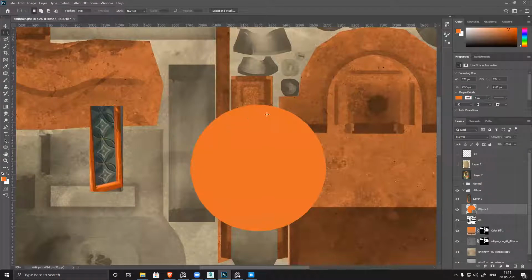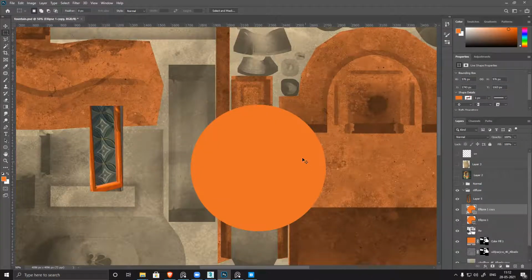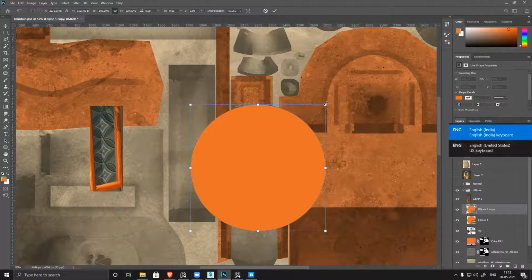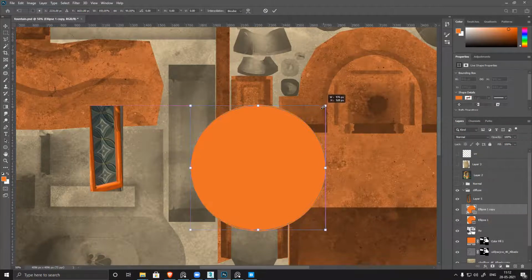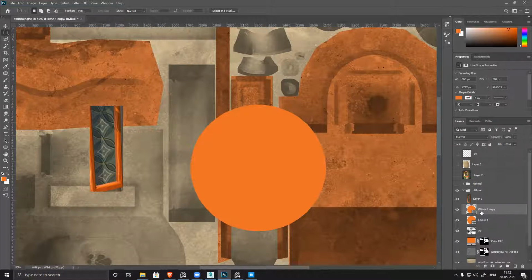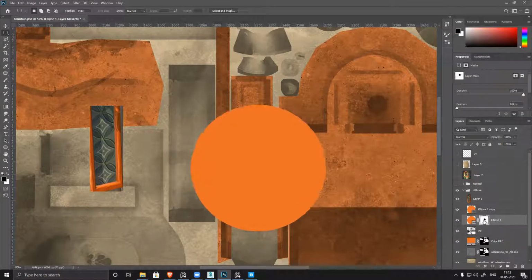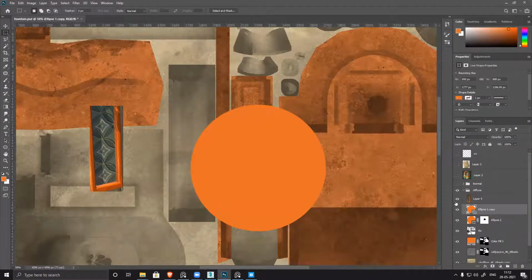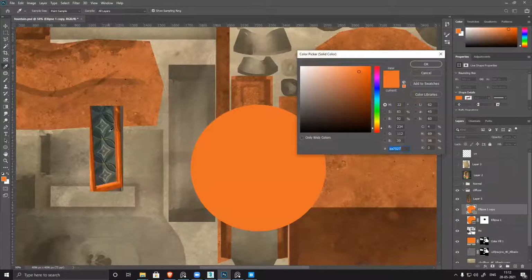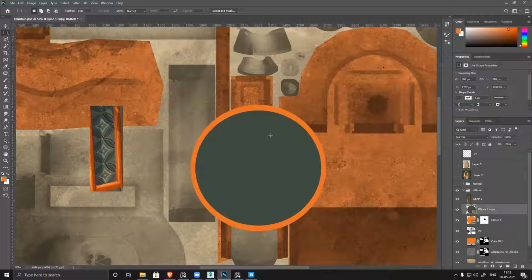So here there's a slight thickness border. So Control J, Control T, Alt Shift together, and you get the thickness and this shape. Select this one, click on this, mask it and invert it. So now this is your orange and this one is your green, that greenish color. Double click, pick this color. These two are done. So we have two separate shapes.